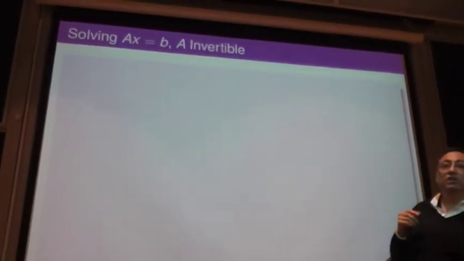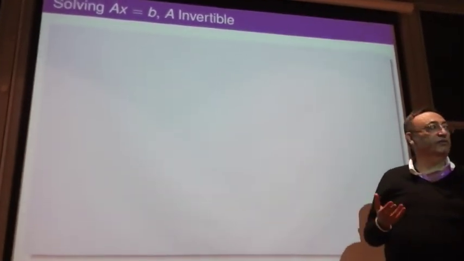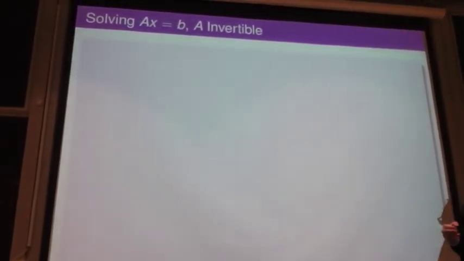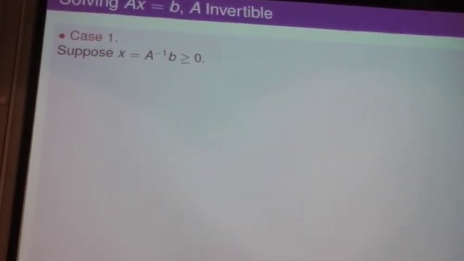Now, solving Ax equals B. Here is the original problem, let's say, for the purpose of this talk. I want to solve Ax equals B, where A is an n by n